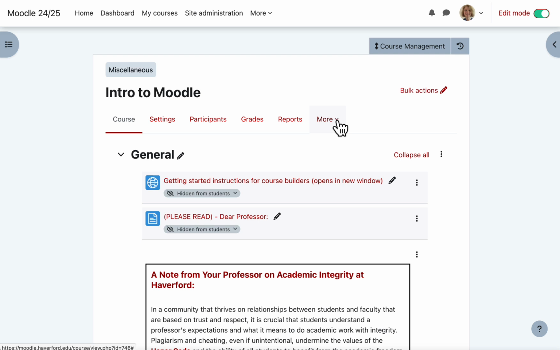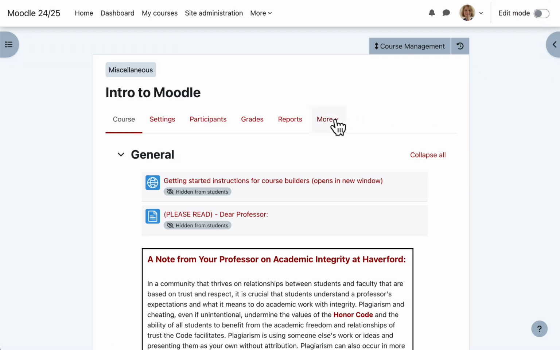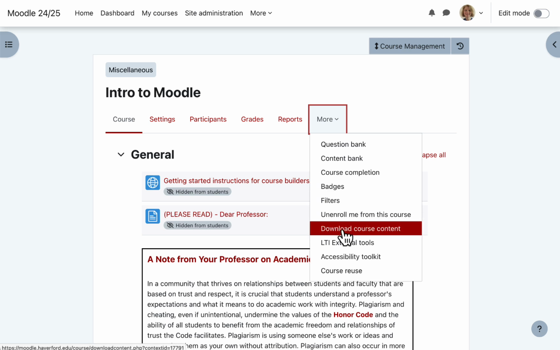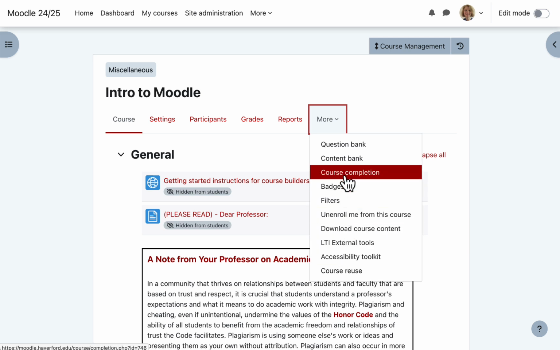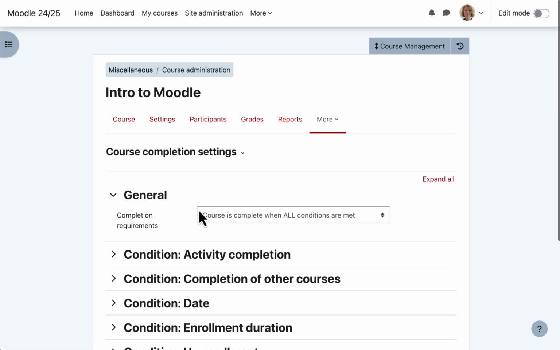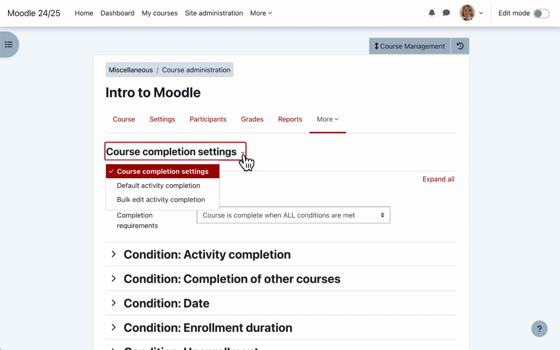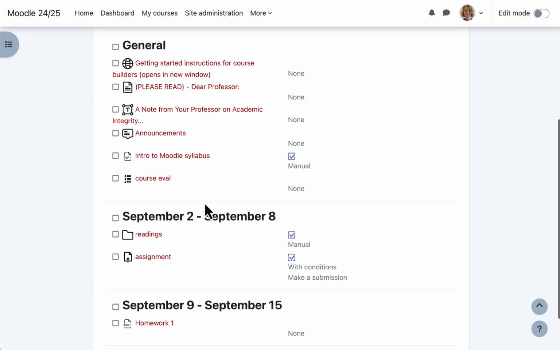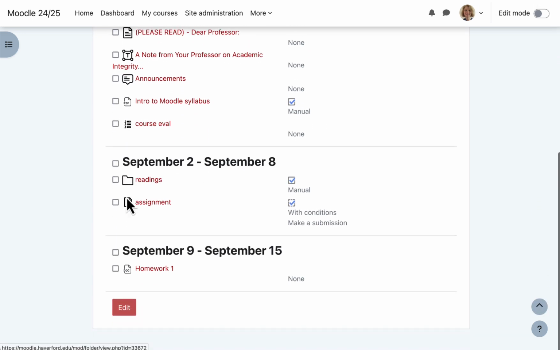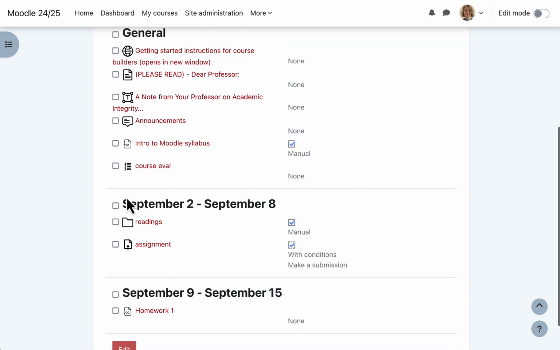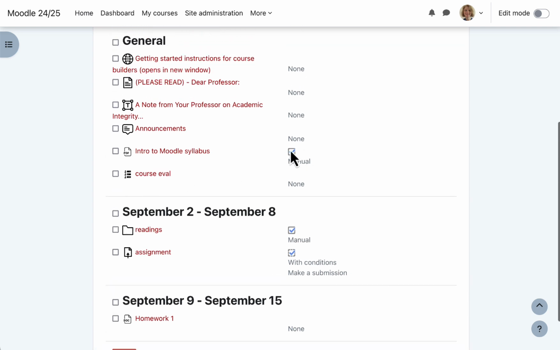I can go into more. It doesn't matter whether editing is on or off. I can go into the more menu, go to course completion, and then if I click on this course completion settings, I can go to bulk activity completion, and then I can simply pick the activities that I want to either add or subtract